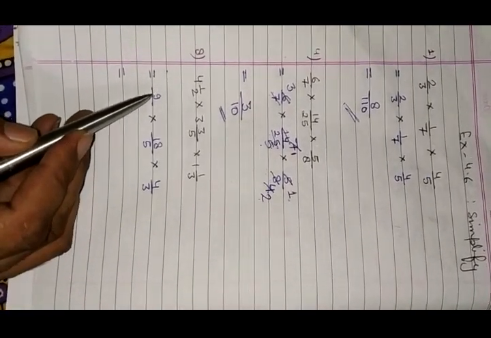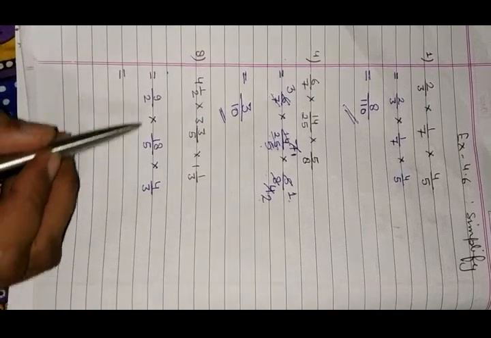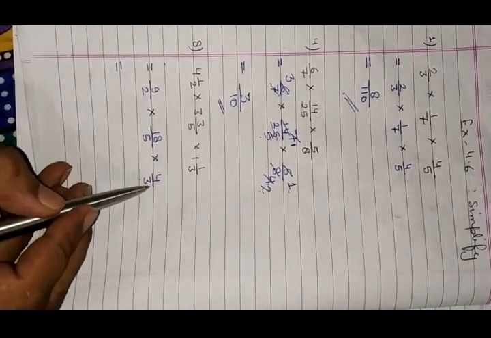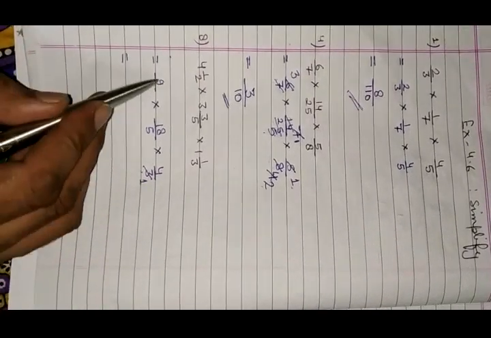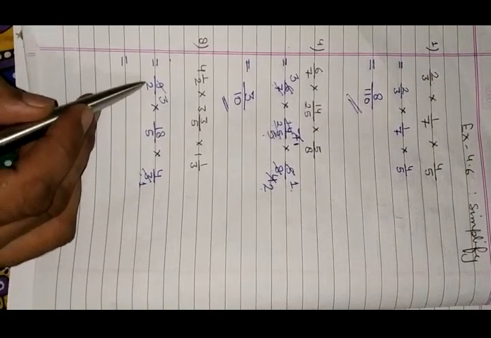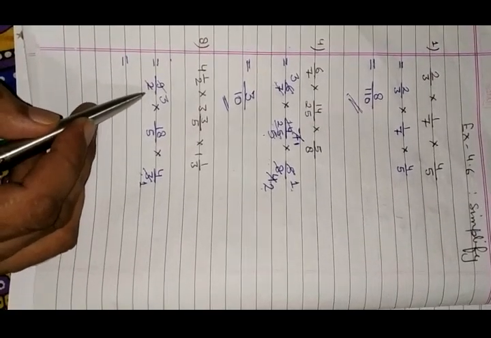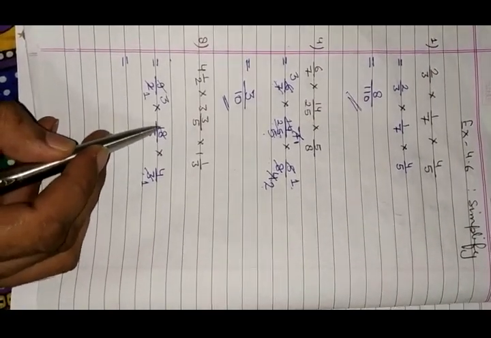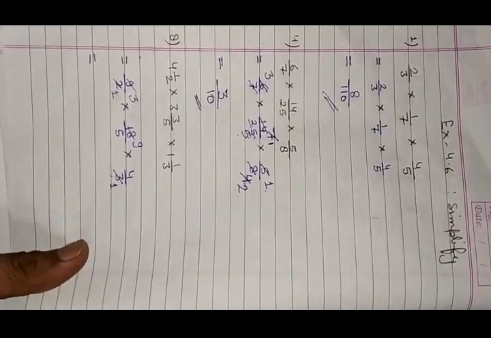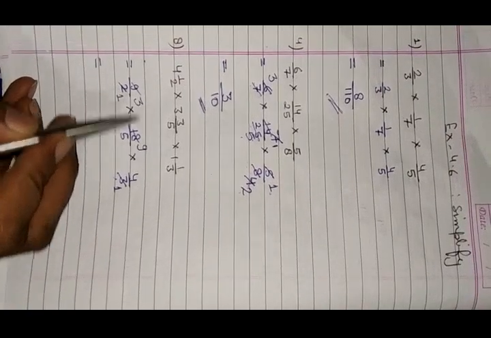First here is 9 and in denominator there is 3. Both have a common factor 3. 3 ones are 3, 3 threes are 9. 2 and 18 have a common factor 2. 2 ones are 2, 2 nines are 18. Now there is no common factor remaining. Now 9 threes are